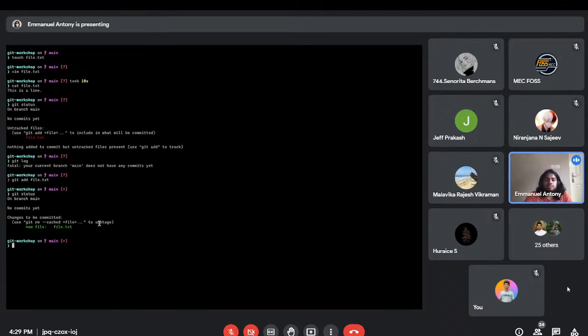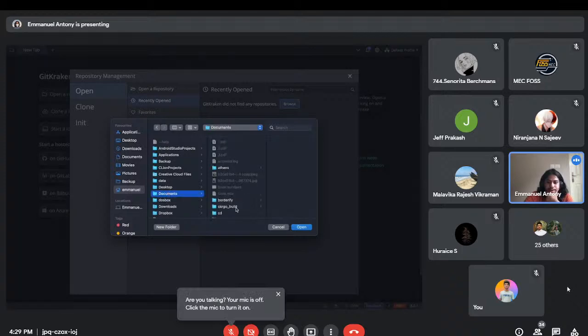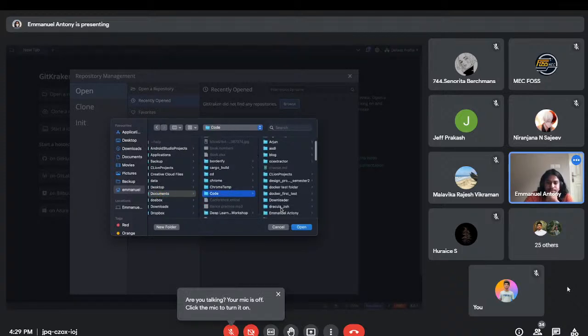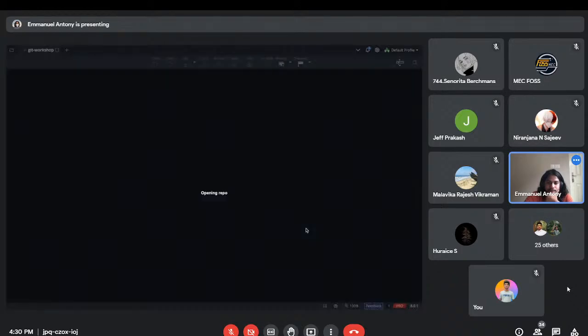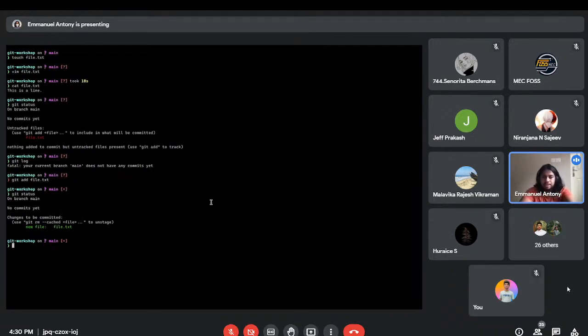Okay, pausing there, I'll go to GitKraken and open the same repo. Give me one moment. I'm opening this just to show how it looks. You can do the same thing in VS Code, which I guess is friendlier. This is just for Git. If you look at it, there's an unstaged directory and a staged directory. So if I just do this git rm --cached,